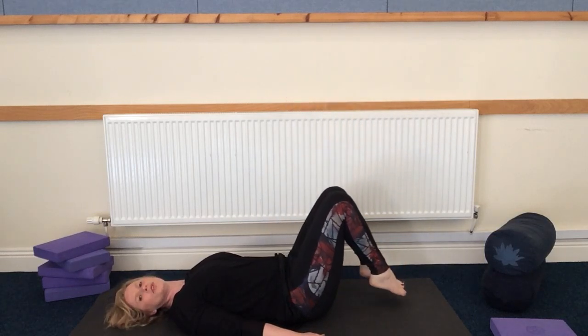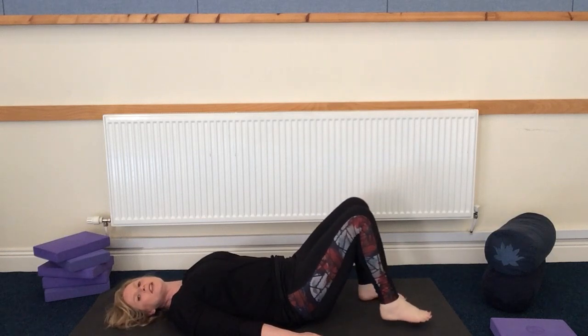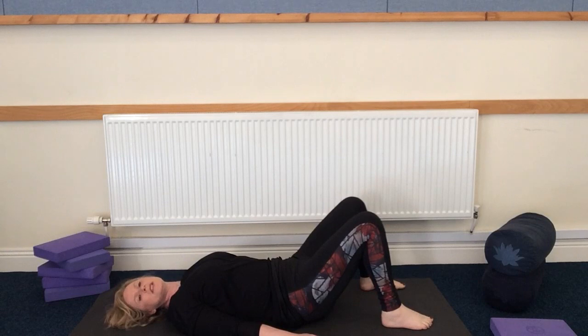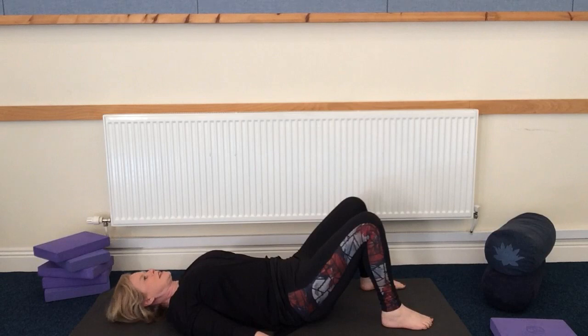Placing them on the floor, the feet on the floor, and taking your feet a bit wider than hip distance, and take your arms a little bit further away from your body. We're going to do a twisting motion now with the knees from side to side. So start by taking a nice deep breath in, and as you breathe out, take your knees towards the floor